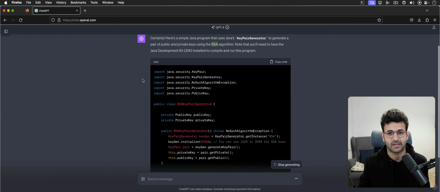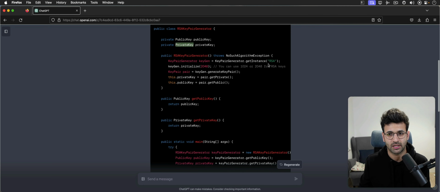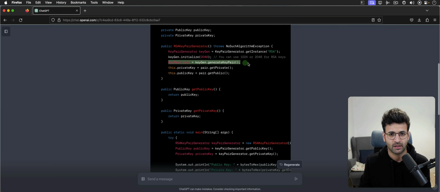Right, so it's using the RSA algorithm. Okay, so we have an RSA key pair generator, public key, private key objects, and then we have a RSA key pair generator that throws a no such algorithm exception because obviously you're passing it as a string. When you get an instance of the key pair generator and you set the size to the bits here, 2048 bits, you can use that, or 1024, and then you generate and you get the private, you get the public,